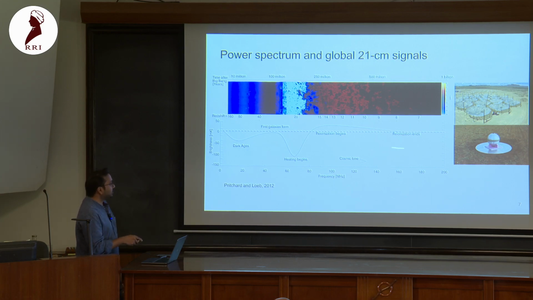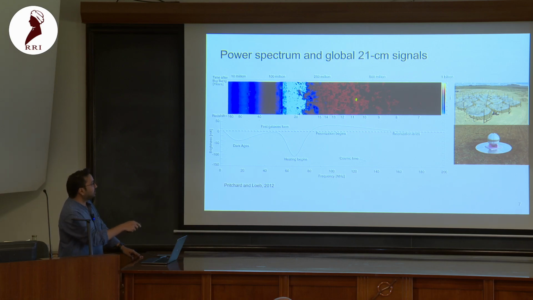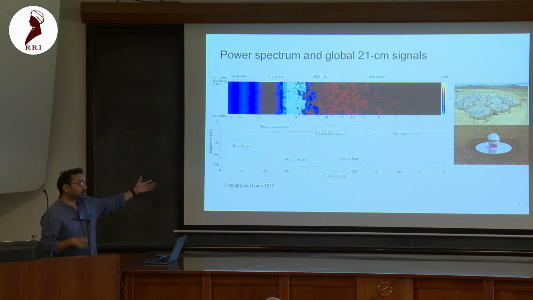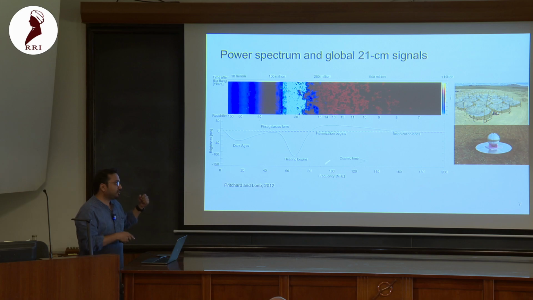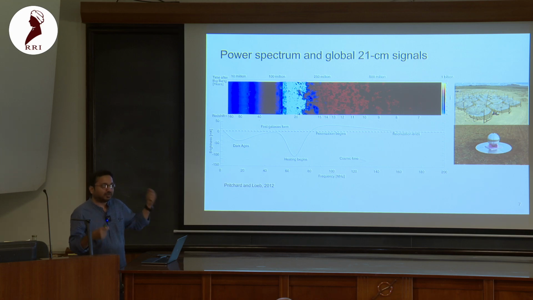And the spectral nature of this signal really captures a lot of information about various sub-events that happened along this. But that's not really the complete story. It's definitely a non-Gaussian field, so other moments also have a lot of interesting information. We can also measure the power spectrum, and basically that allows us to measure these fluctuations or the variance of the field. And there are different experiments trying to do that. I'll be talking about both the power spectrum measurements and also the mean measurements. From an observational point of view, mean measurement is really very simple in construction. It really requires just one antenna which has to undergo an absolute calibration, because really we are basically making a thermometer and measuring the sky temperature.